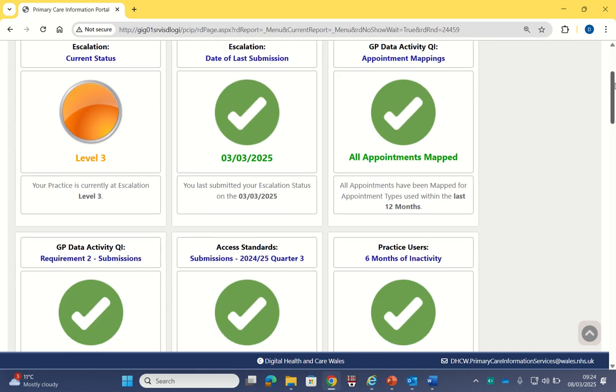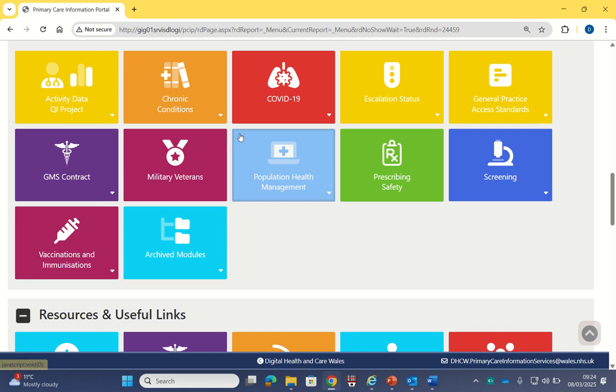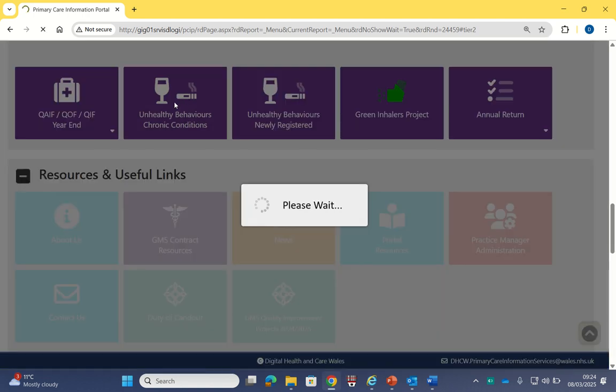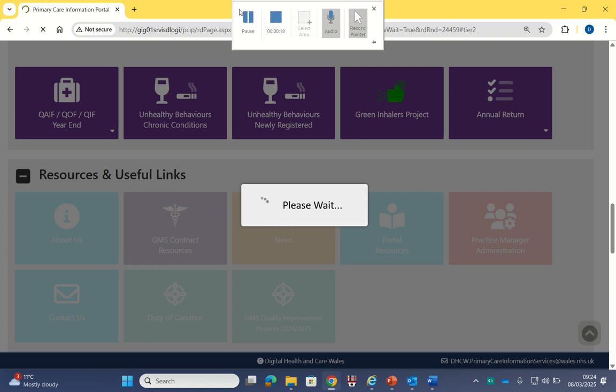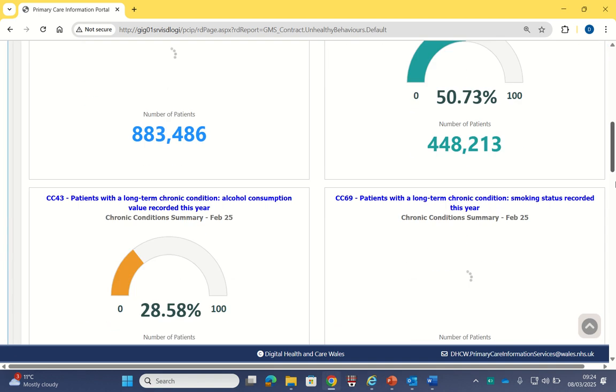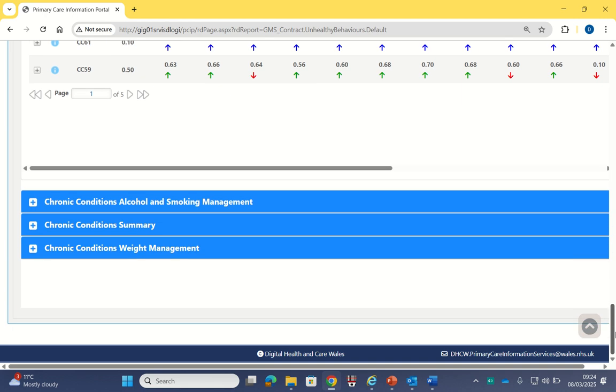Yeah, I like the charts available in the portal. I think if you scroll to GMS contract and then, for example, look at unhealthy behaviors and chronic conditions, which I guess is perhaps the main focus, I can see that the charts in the example poster actually come from some of the data available lower down. So if you go to chronic conditions, say, for example, summary,